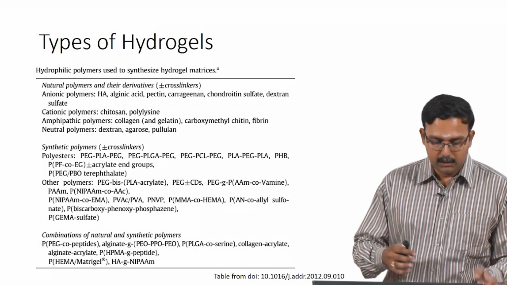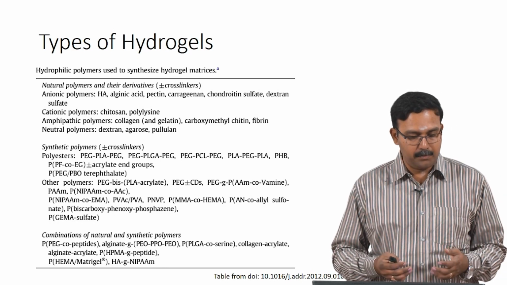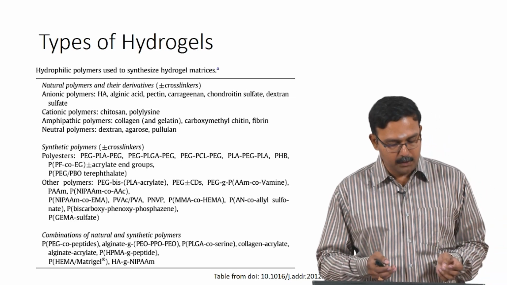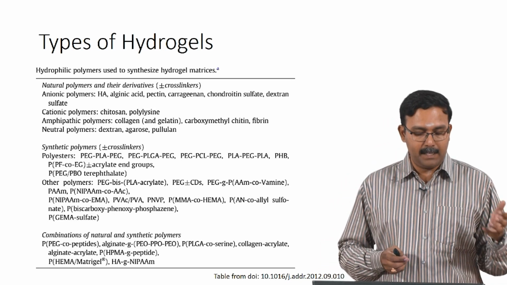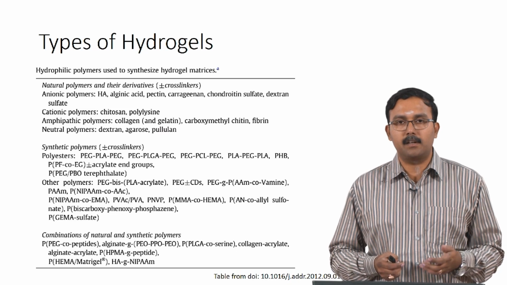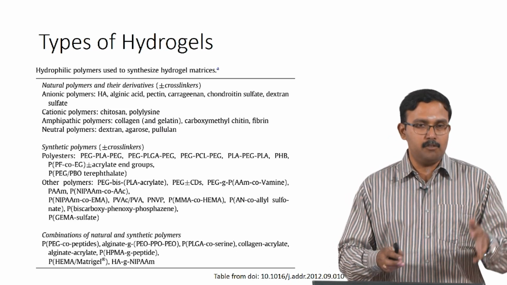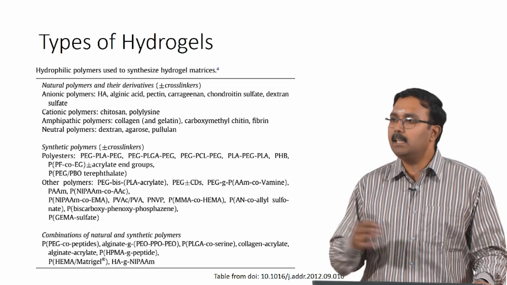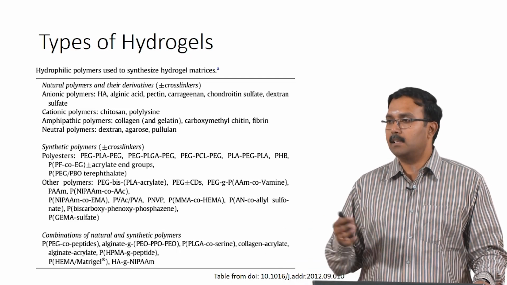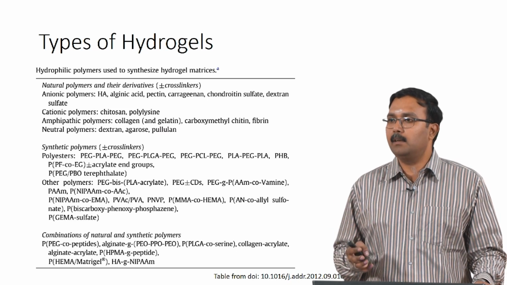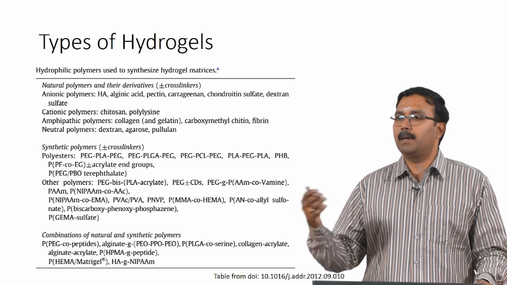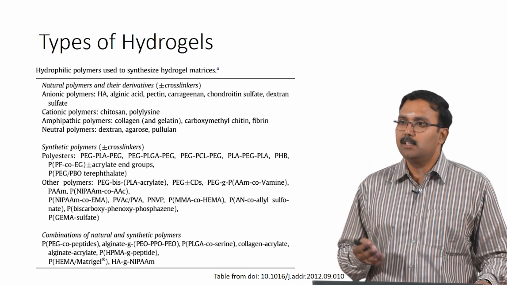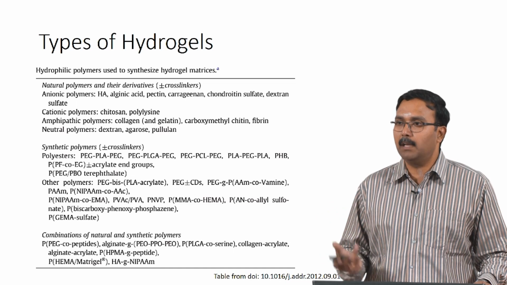Okay. So, this basically talks about the types of hydrogels, and we will look at some of the polymers which are used for preparing natural and synthetic hydrogels. So, this is not a comprehensive list. You can actually prepare hydrogels using many types of polymers. As long as it is hydrophilic and it can absorb and retain water, you can try to prepare a hydrogel using that. The only thing would be to optimize the cross linking procedure, so that it actually forms a stable hydrogel.